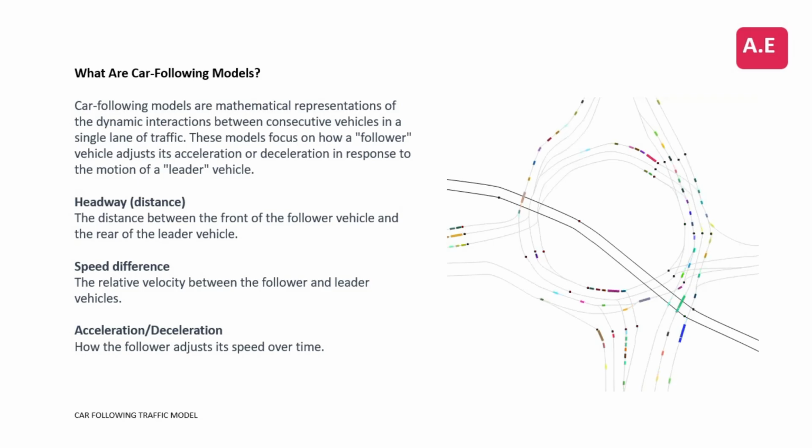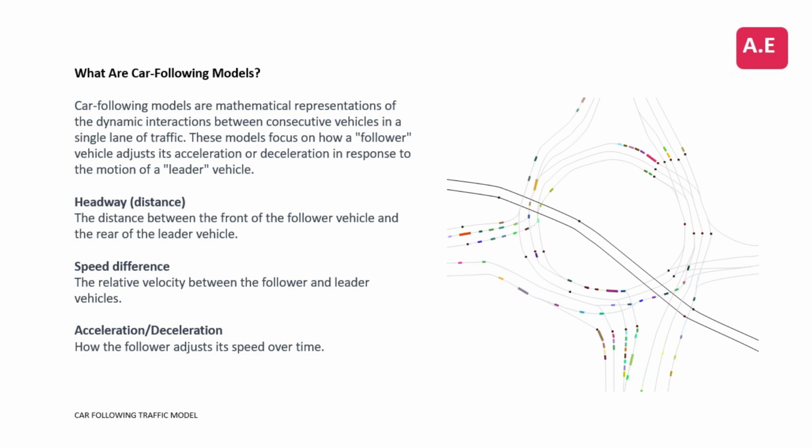What are car-following models? Car-following models are mathematical representations of the dynamic interactions between consecutive vehicles in a single lane of traffic. These models focus on how a follower vehicle adjusts its acceleration or deceleration in response to the motion of a leader vehicle. Key variables in these models include: